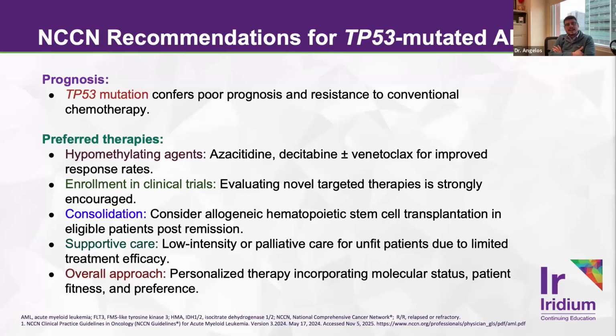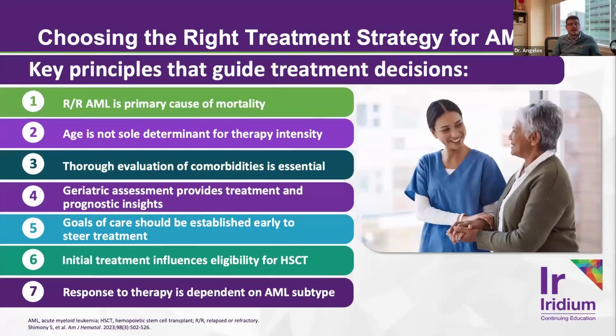My personal opinion is that either TP53 direct targeted agents or immuno or cellular therapies are probably the way to go, as TP53 is a tumor suppressor gene and generally quite difficult to treat once a mutation is identified. So I think out of all of this, these are good guidelines to go after in trying to choose the right treatment strategy, particularly for those that have relapsed refractory disease.